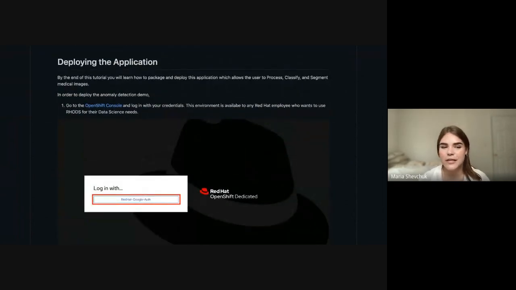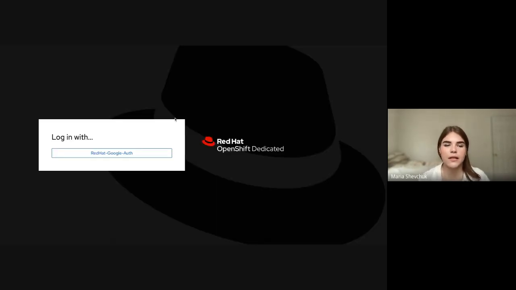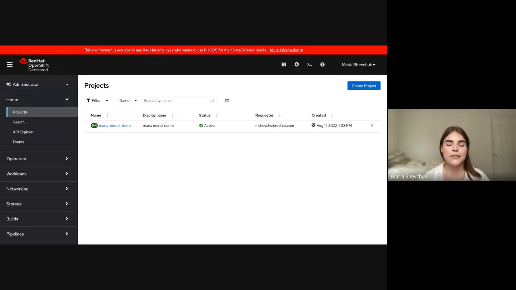But for our first step, we'll just head to the OpenShift console, which some of you may be familiar with. It should look something like this, and then you will log in with your credentials. All right, so you can see I already made my demo, but I want to demonstrate how you can create your own project and deploy your own project within OpenShift. So you would have to head to the administrator view. Mine's already in it, but if yours isn't, developer, make sure to switch it to administrator, and then you will